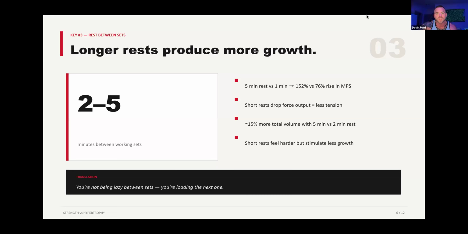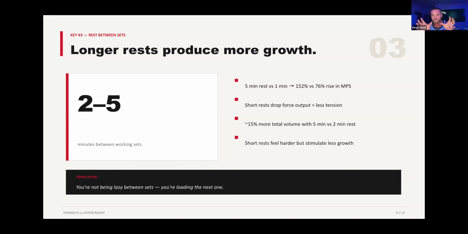They've done this in the research a lot. So 5-minute rest intervals grew the muscle 152%, where 1-minute rest intervals grew it by 76%. So let me put this another way. If you rest 5 minutes, let's just pick something really simple, leg extensions, okay? I'm doing leg extensions. My goal is hypertrophy. So I'm doing whatever weight I'm doing, and I'm going to failure, absolute failure, like actual failure, right?